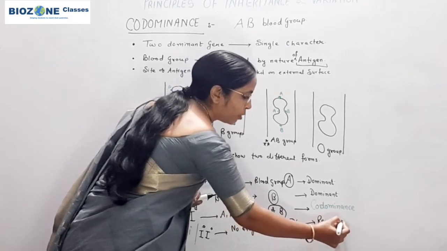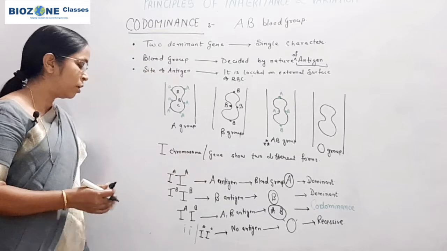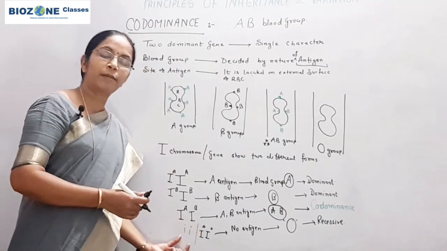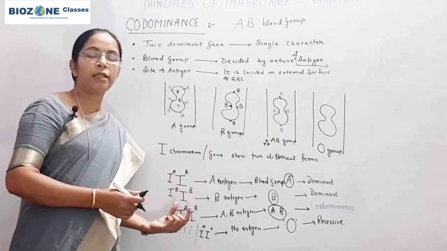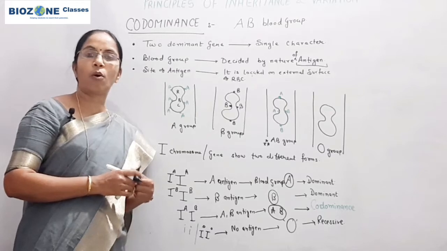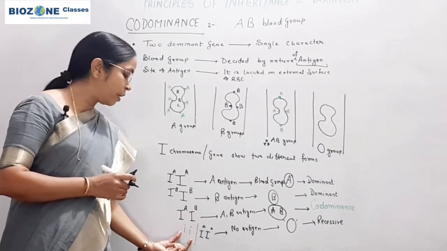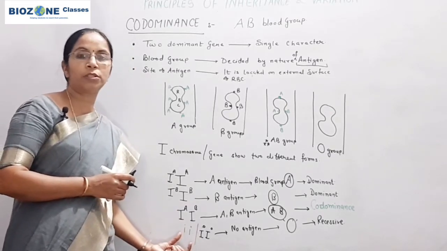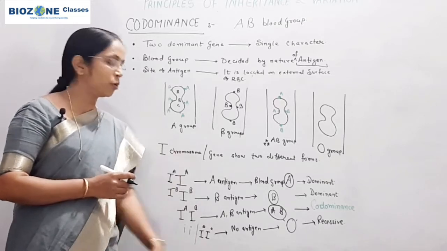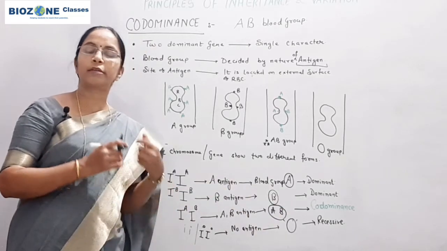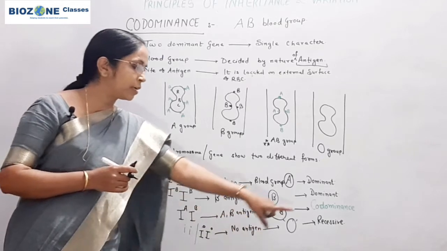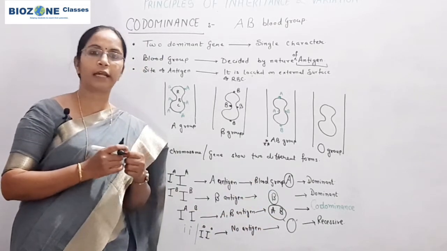So that's why you say that whenever the I0 or small i is present with A or B, the trait is always A or B group, but i never expresses itself because the small i or I0 is a recessive gene, or a recessive trait. The O blood group is a recessive trait in human blood analysis.